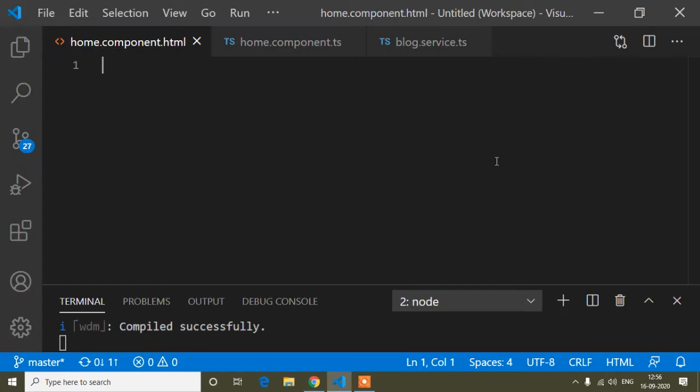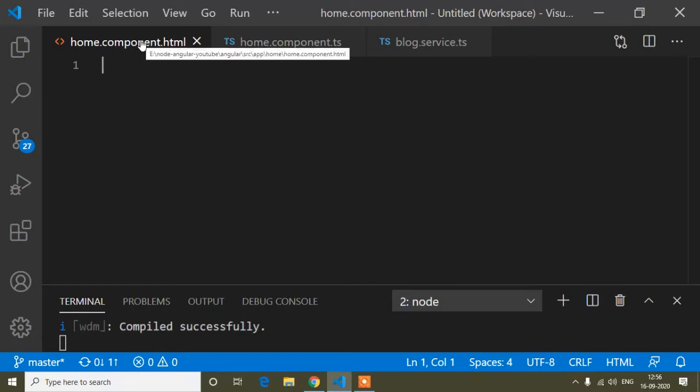Hello guys, today in this tutorial I will show you how you can get the lat and long of user's current position, and that is most important guys if you're working on any location based project. So guys, let's see how to get the lat and long of user's current position.